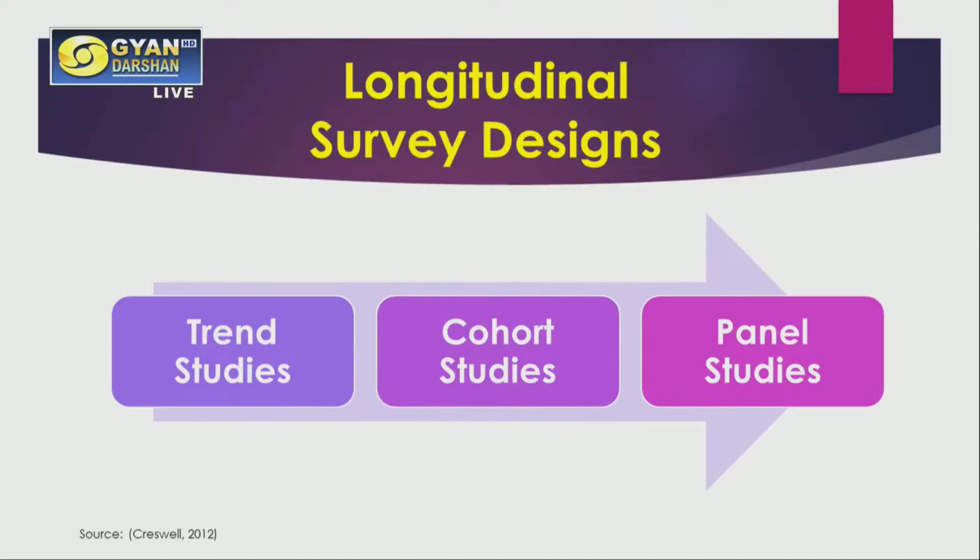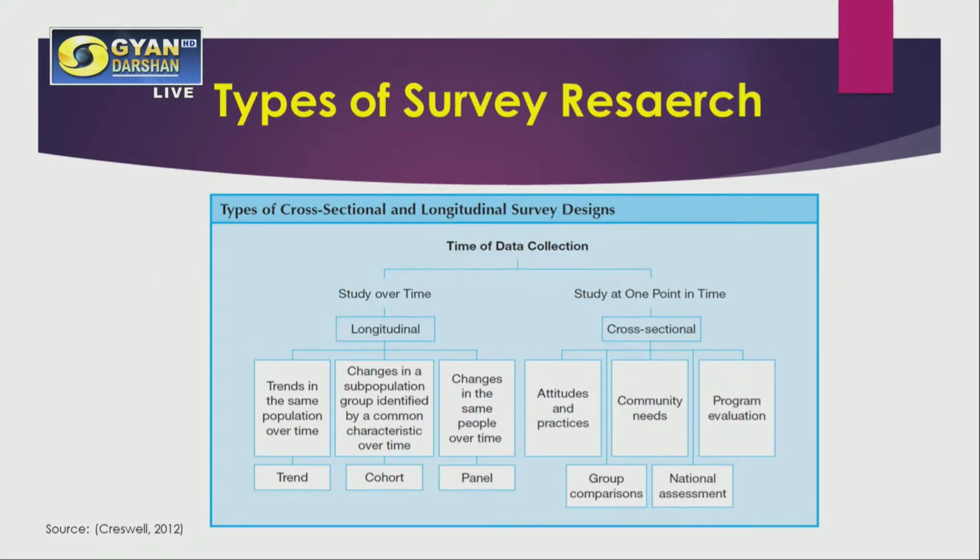Now let us move on to the next, the longitudinal study. As I said, in longitudinal study, we collect the data over a period of time. So the time period in which the data is collected is going to be a little higher compared to the cross-sectional studies. And if you talk about the longitudinal survey designs, you will see three major types, as Creswell points out: trend studies, cohort studies and panel studies. And what is this trend study? As you see in this slide,